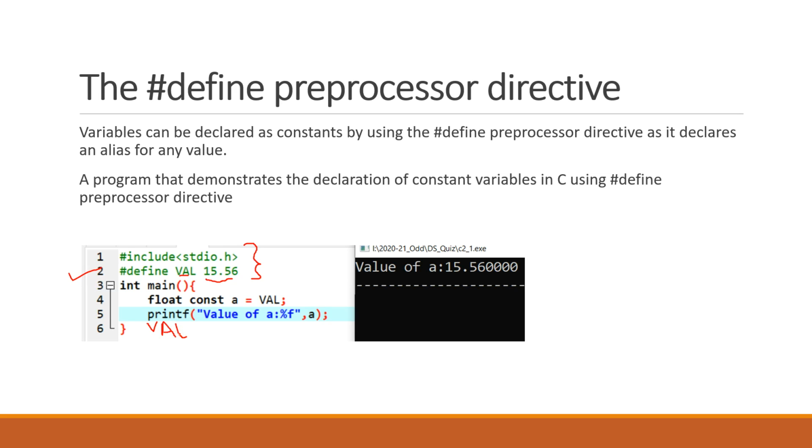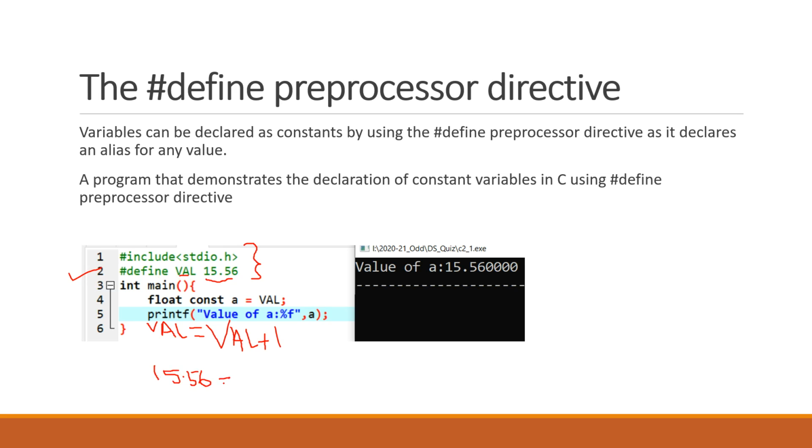Somewhere here, val is encountered. That is substituted by 15.56. Suppose my equation is val equal to val plus 1. We'll see what happens. Is that value defined using the hash define directive? Yes. What is that value? 15.56. The left hand side value is